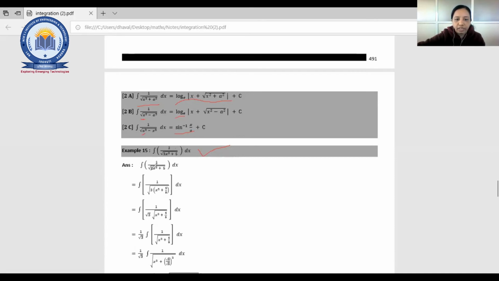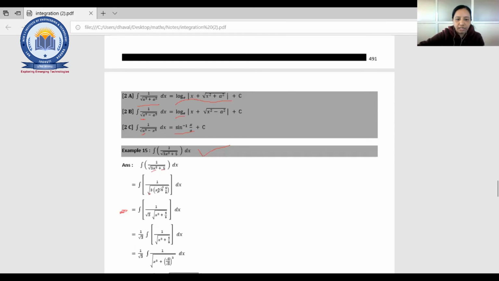We'll try to convert it into the form x square plus something, right? So 3x square plus 5. Obviously, root 3 will come out, so we'll have 3 in the starting, right? You can also directly write down this step, that is fine, if you know it. But for more understanding, we'll divide it into 2 steps.